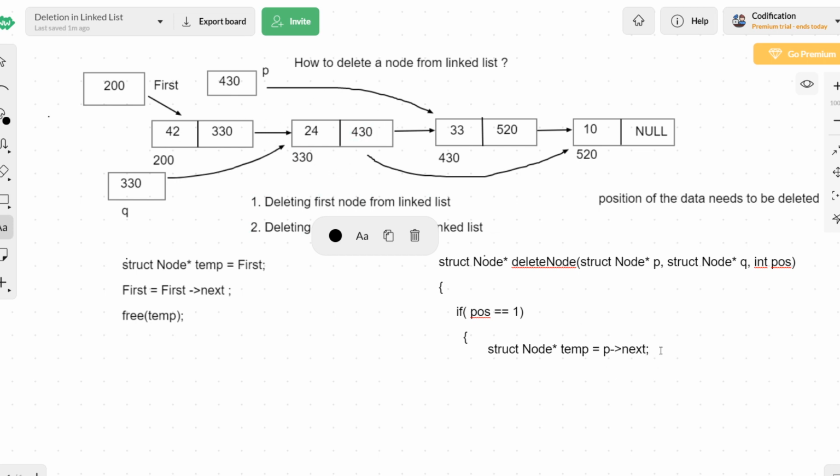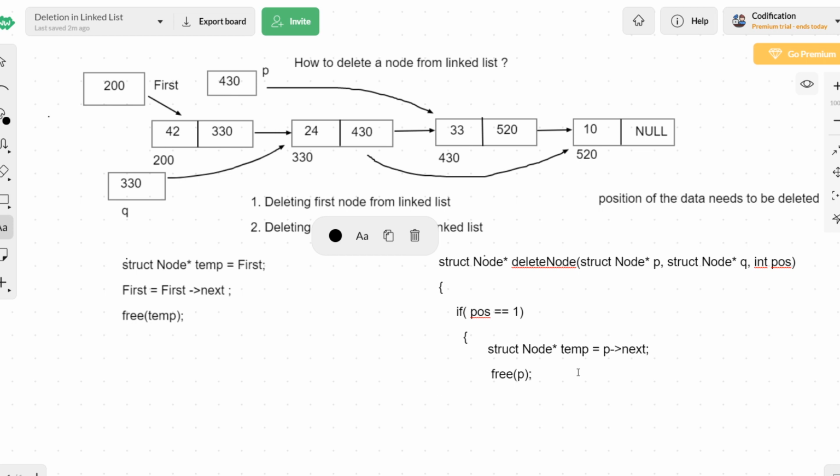Now we can simply delete the first node. How to delete the first node? We can just use free. So free of temp. Sorry, it's not temp, it's free of P. So the first node will now be completely deallocated.